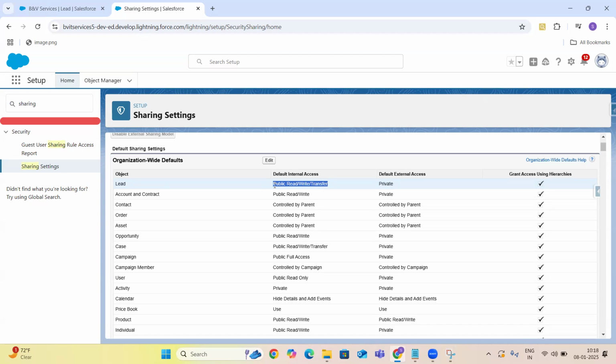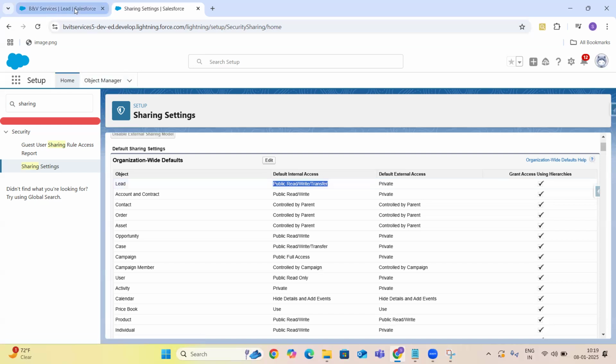So, can I provide the delete permission using sharing settings? No. Record delete permission is not possible with sharing settings. Obviously, that's the edit, create, delete permissions on the object level. And the relationship between the sharing settings and the profiles and permission sets is, if you have your